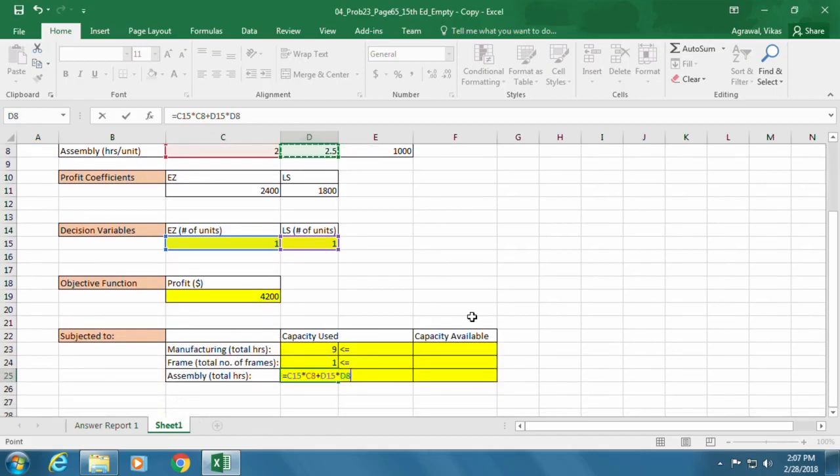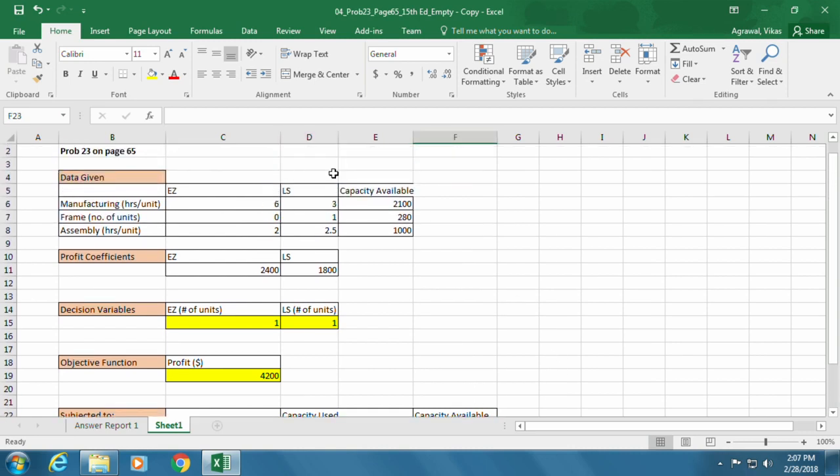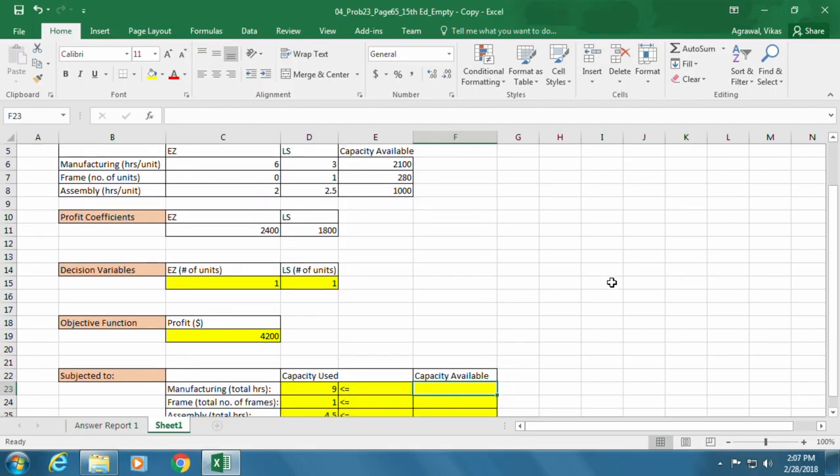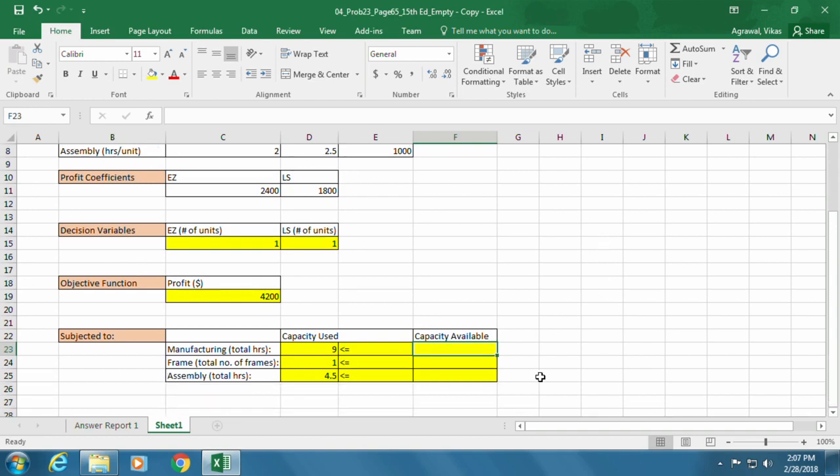So that will be total assembly time needed for the next production run. So we have limited capacity available. We only have 2100 hours available for manufacturing. We only have 1000 hours available for assembly in the next production run. So these will be our constraints here.